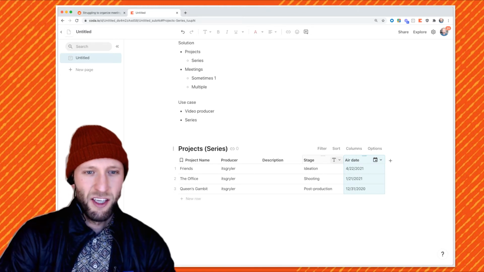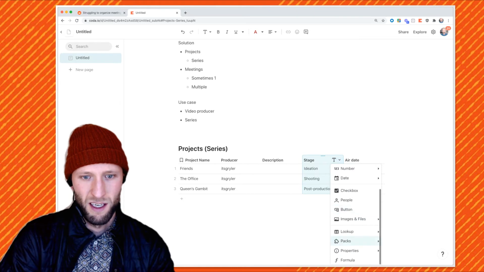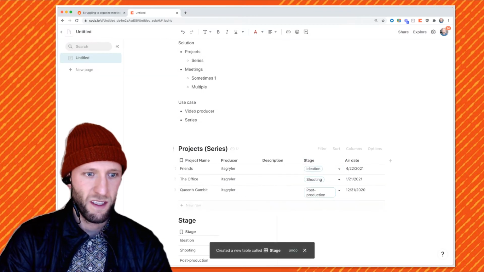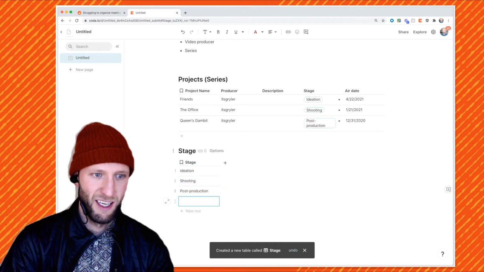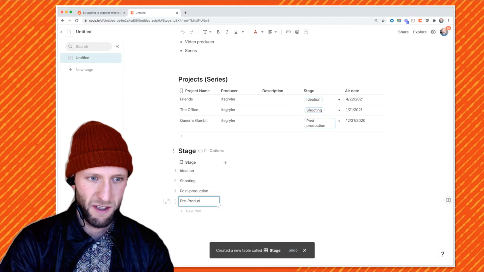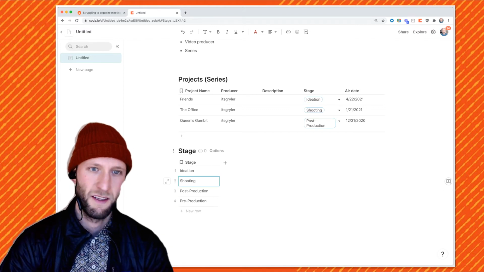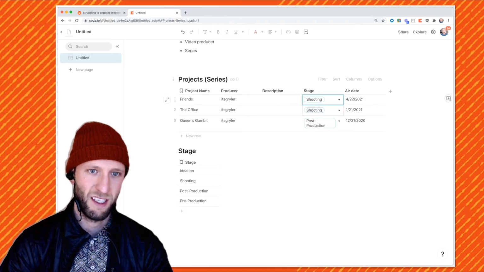And this stage, we can keep it as text. I usually like to flip this over to be its own table. So there's ideation, shooting, post-production. Let's just throw in pre-production. What this allows us to do is connect this. You can almost think of it as a select list into the stage here just to keep things together.